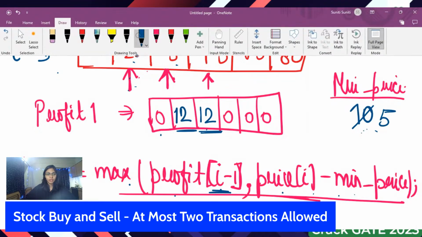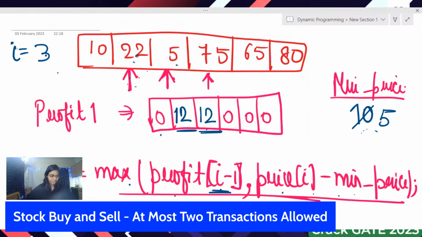Do we need to update the minimum price? No, exactly. So we know there is no requirement to update the minimum price. Now let us see how we need to update the profit. Basically we need to compare the profit at I minus 1, that is 12,